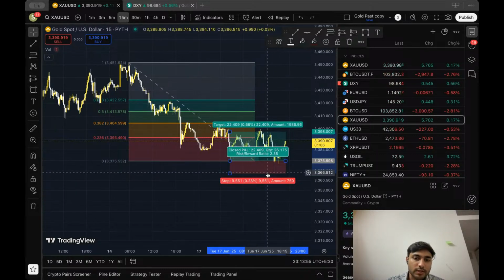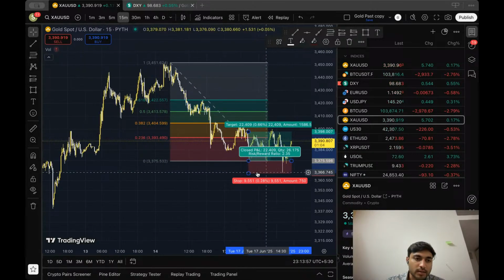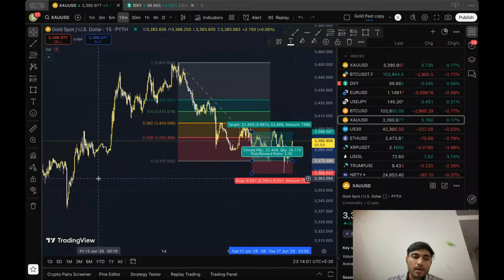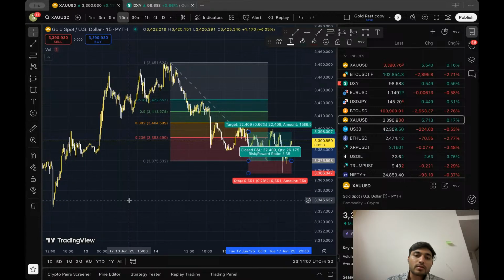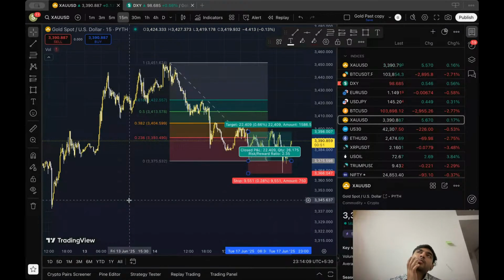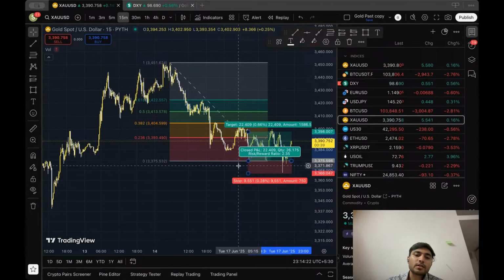The 66K is actually a fair value gap cover. Let's keep that in mind. It was a fair value gap cover. We didn't have a lot of trades like this in the past. Maybe this could be a new strategy that Gold is currently implementing. But we're concerned about pinpointing that